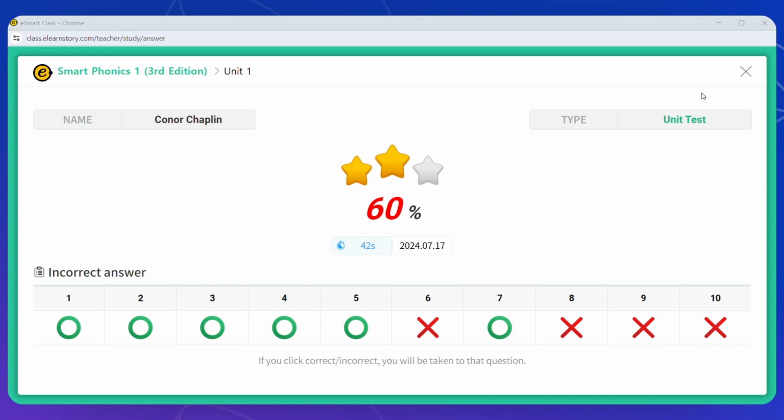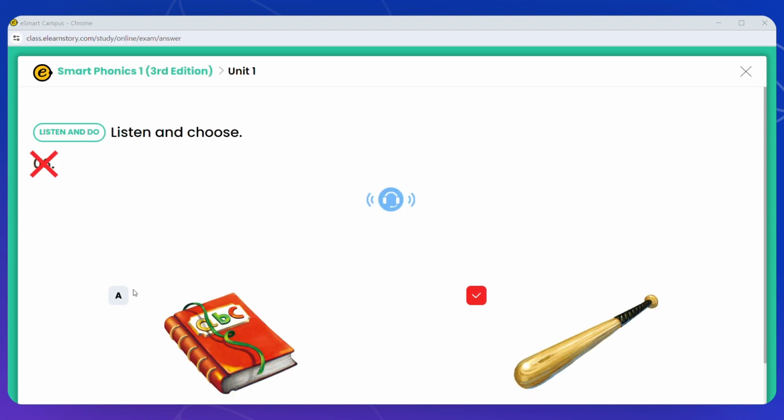So if you're curious about the questions that he got wrong, for instance, he got question 6 wrong. We can go ahead and click on question 6, and it will pop up on the screen so that you can review the answers and see where they went right or where they went wrong.